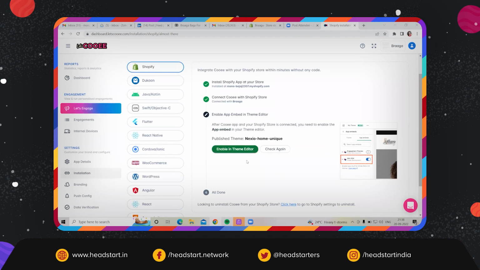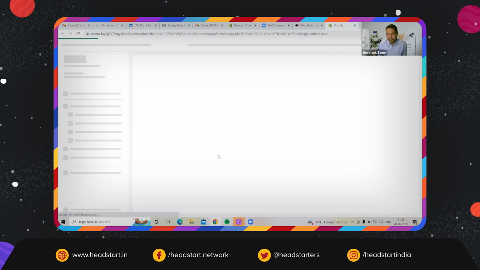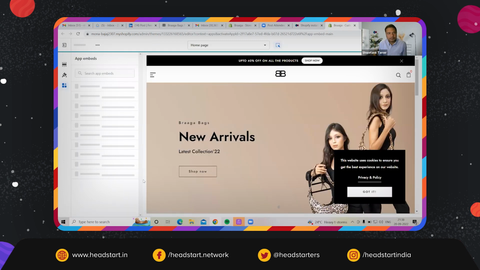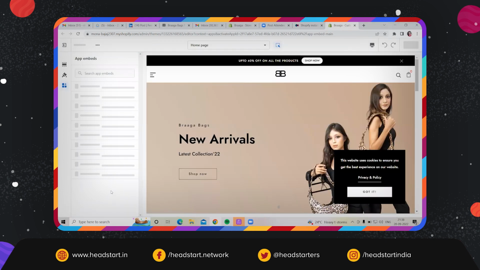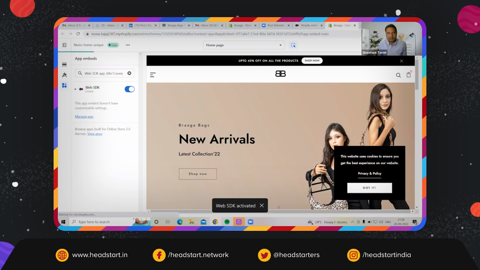Okay. And now, just this one thing: enable it in the theme editor. Nothing will happen to your live store. It's just so that it allows us to run something on top of your Shopify store. Once you do that, Cooee is installed. Yeah, it's installed now. Perfect. Now, if you can open another browser, please, and just go to